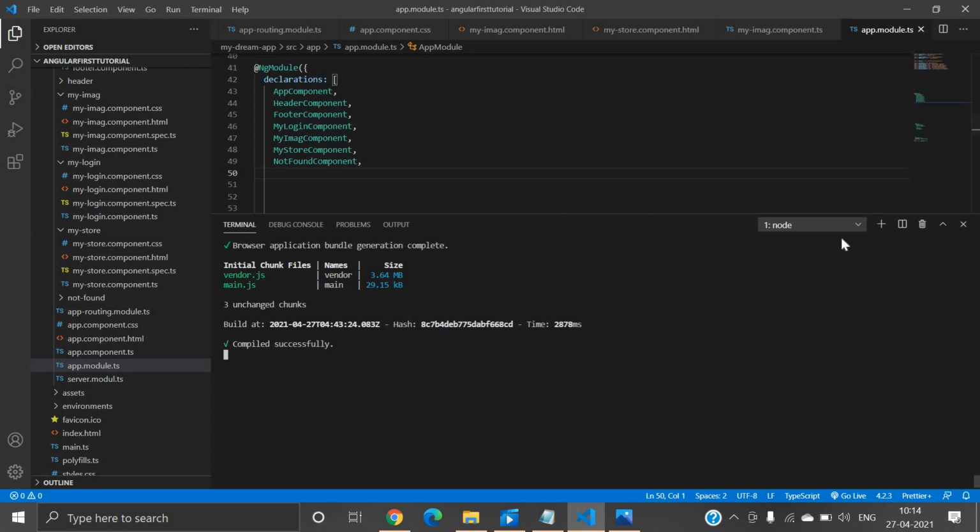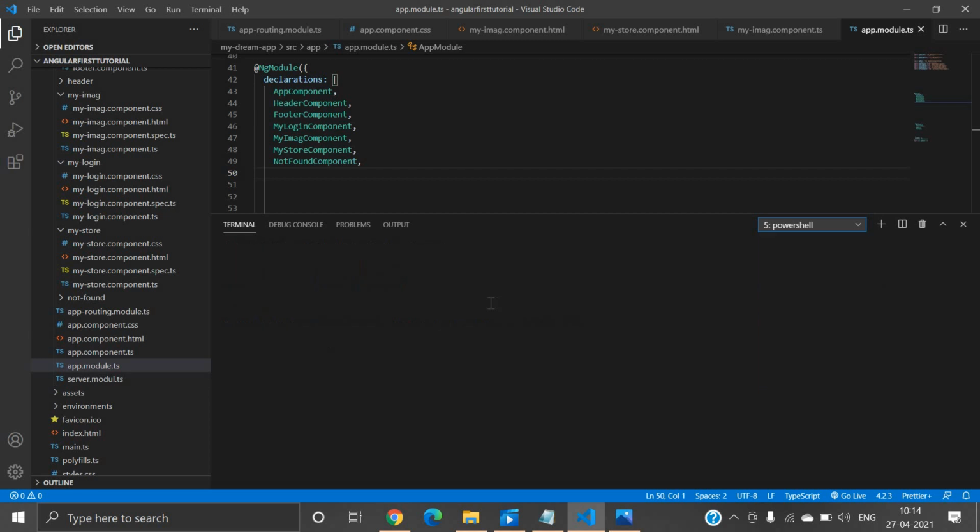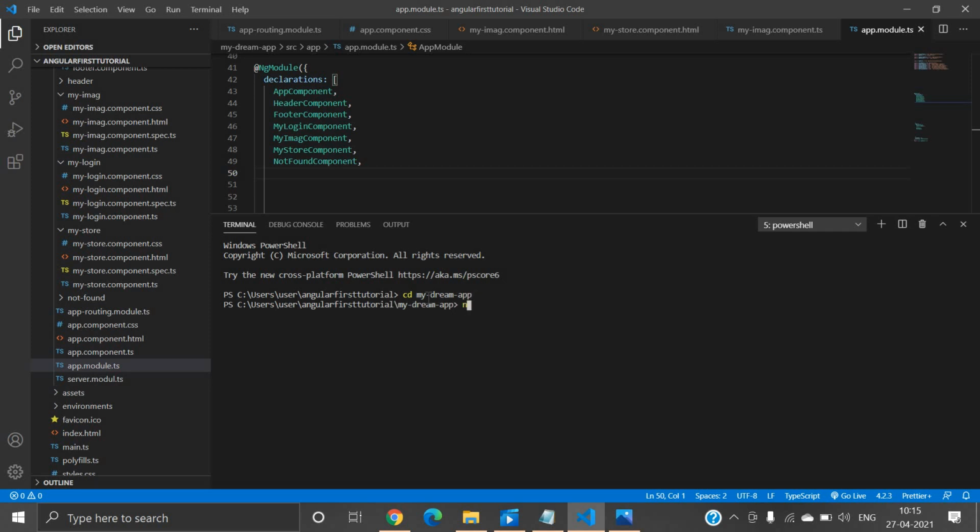Now here, first of all, let's create a new custom directive. So how can we create it? First of all, let's move to my project directory, dream app, and after that we will write ng generate d, for directive, and here we will write the directive name.